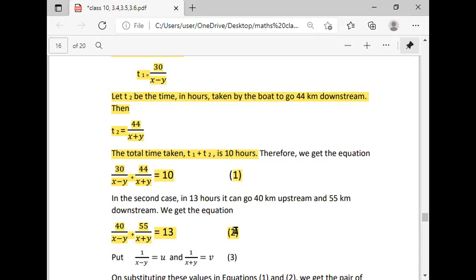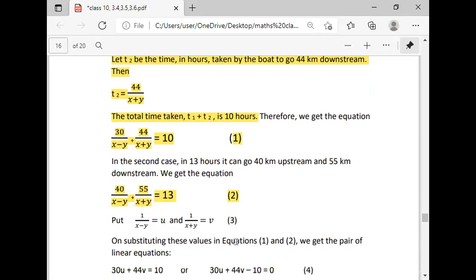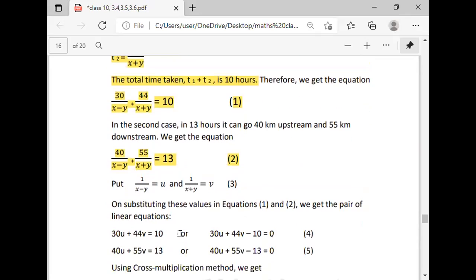So now we have reached our section 3.5 question. It is not a linear equation and we have to change it to a linear equation. How are we going to change it? We substitute 1 by x minus y equal to u and 1 by x plus y equal to v, and we call it equation 3. Now we substitute this in equations 1 and 2, and thus we get